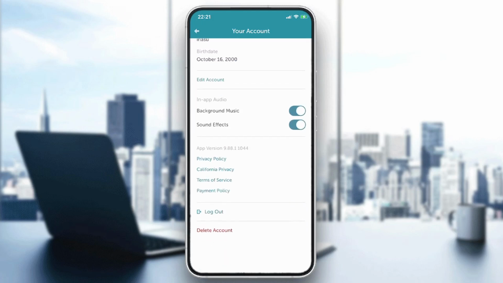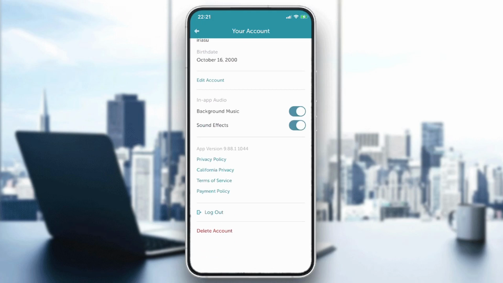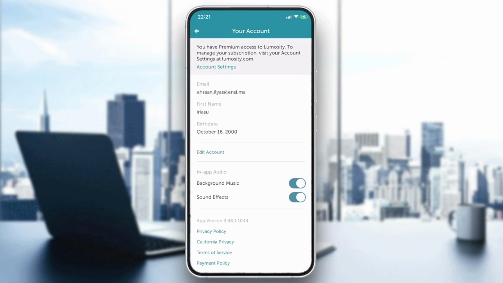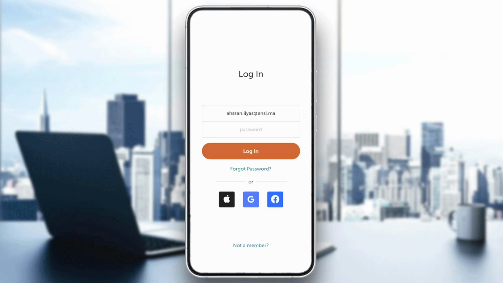Here you will find all the information concerning your account. Also, you can see the privacy policy and the payments. Also, if you have the premium access, you can have some additional account settings. But all we have to do to change the account is to log out